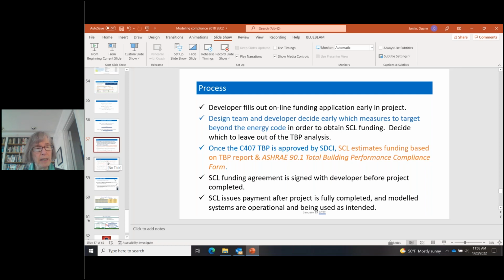but that's not something City Light needs to be involved in. We don't require that. It's a good idea. I mean, obviously, any preliminary analysis early in design to figure out how to save energy is a good idea. And then if there's been an energy analysis comparing two different routes, City Light is happy to use those numbers and come up with a rough estimate of funding. There are a number of consultants in town that call us early on and say, this is what we know about what we're considering for these two options. What do you think the difference in funding would be? And we'll do our best to come up with something. Thank you.